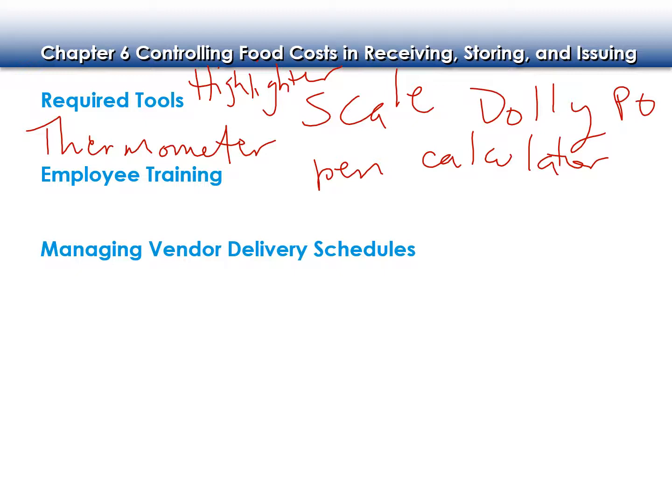And then managing vendor delivery schedules. Okay, we may have one main vendor. Like, what's an example of a big food provider? Sysco, PFG, Ben E. Keith, good. Okay, so we might have them as our prime vendor, and they're going to provide us with most of the product. And then we might have